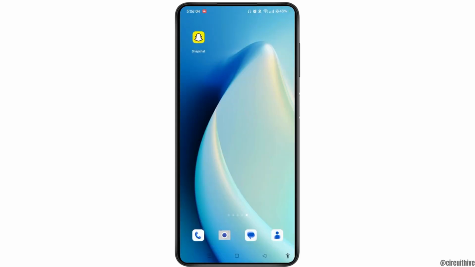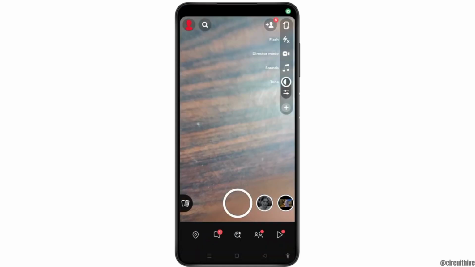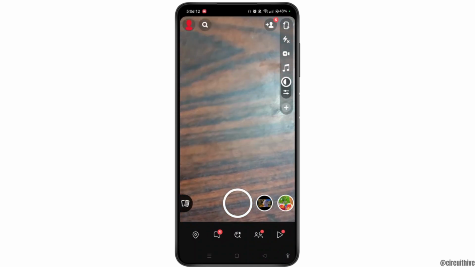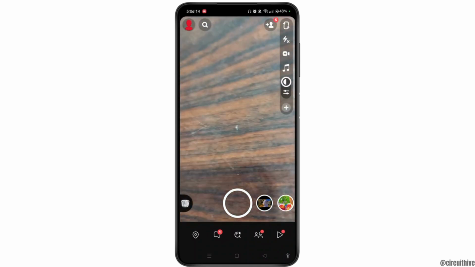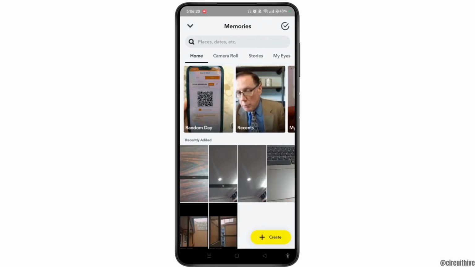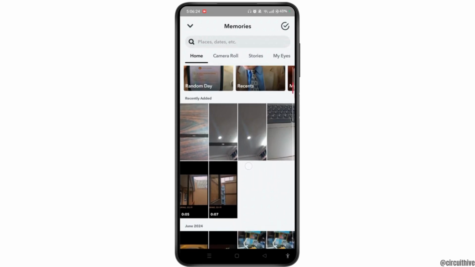And once you have closed the session and open Snapchat again, tap on the two flashcard icon at the bottom left corner to find drafts on Snapchat. Now you will see the recent snap under Recently Added. So we don't find a particular option as Drafts, but under Recently Added, you will see all your draft posts